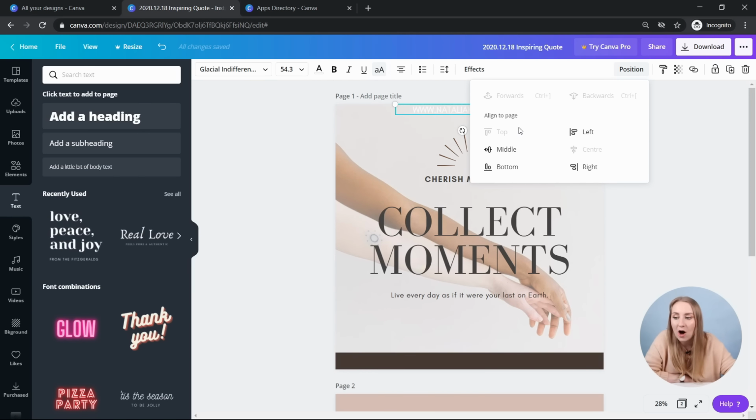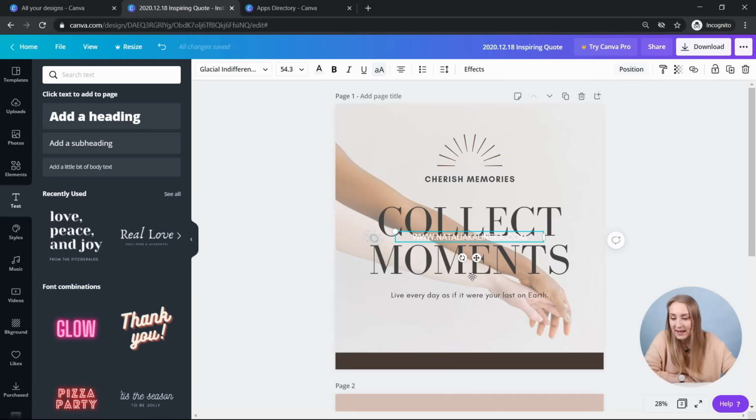So you can align it to top and it will kind of drag it to the very top. I can align it to bottom as well. Left, right, change the alignment in here. And you can add it to the very middle. Again, quite a cool feature if you want your text to be right in the middle of the graphic. But I'll drag it down in here just to show you. Perfect, so this is aligned how I like it.